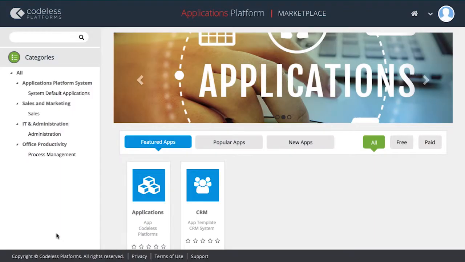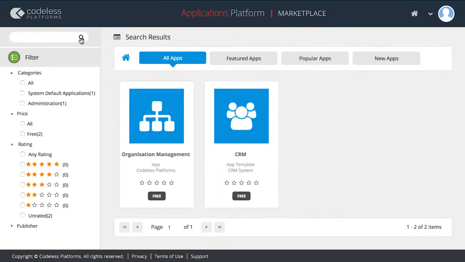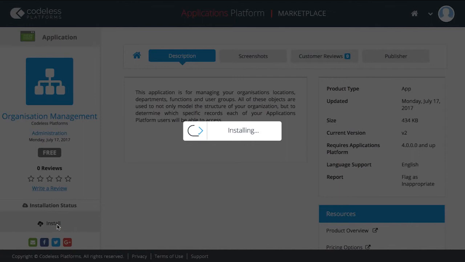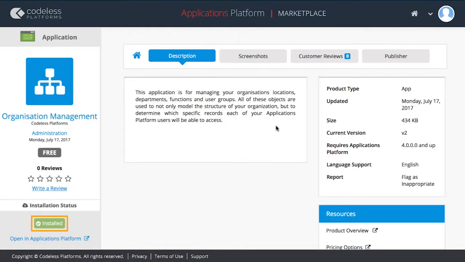This takes us to the Applications Platform Marketplace. If the app is not shown on the landing page, we can search for Organization Management. Select the app in the search results, and then click Install. Once completed, the button label will change to Installed. Okay, let's close the Marketplace browser tab